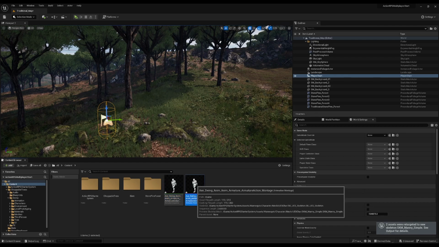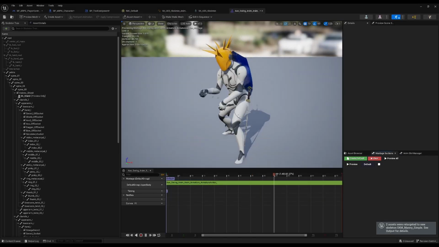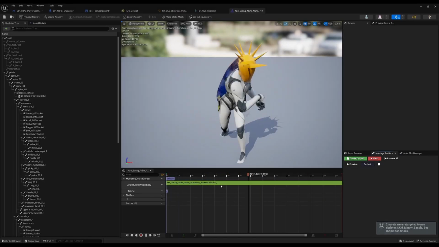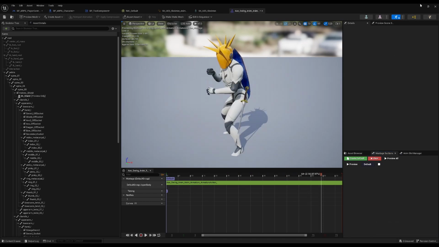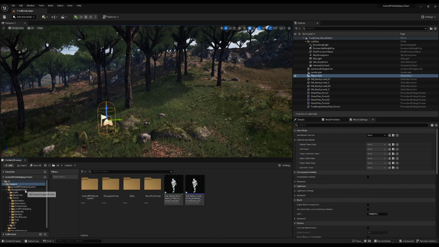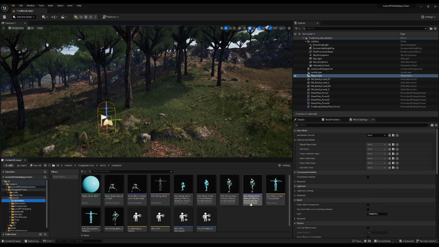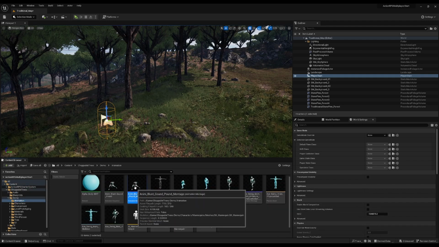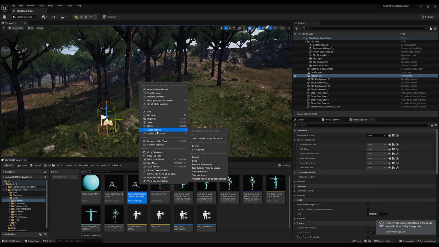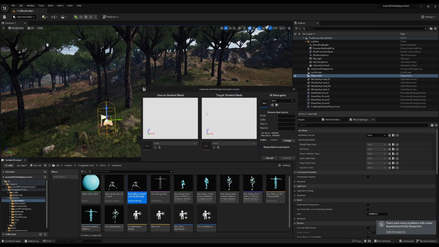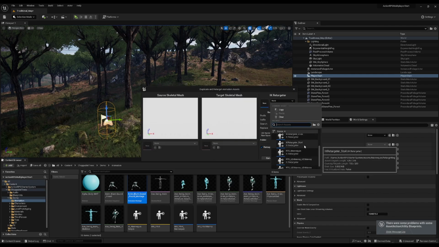Let's just see if this works. Alright, so that's retargeting that animation. So that's the first one. You just do the same thing for the next one. You can do 2 at a time, but I just wanted to do one to make sure that it didn't get messed up. So again, you go to your animation, demo animation, go to retarget, duplicate and retarget, pick the